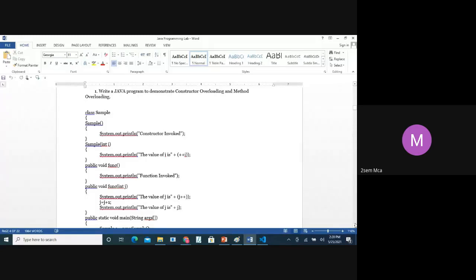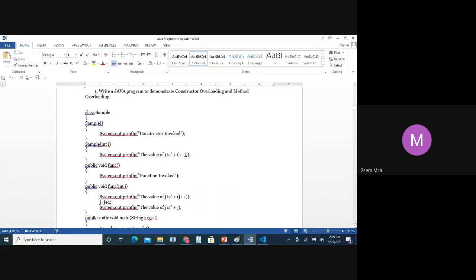Purnima, present, ma'am. Raman, present, ma'am. Rashmi, present, ma'am. Rupak, yes, ma'am. Sai Kumar, present, ma'am. Samir, present, ma'am. Santosh, present, ma'am. Santosh, last lab absent.